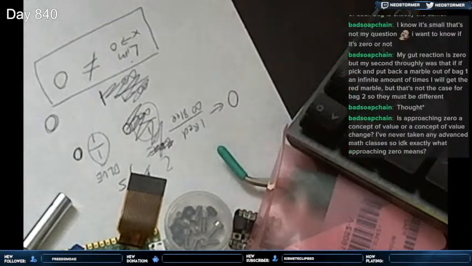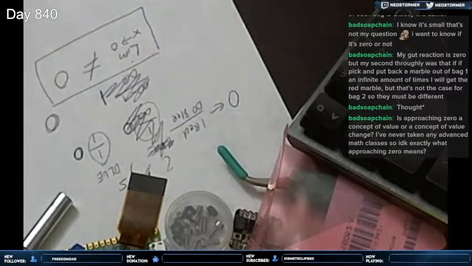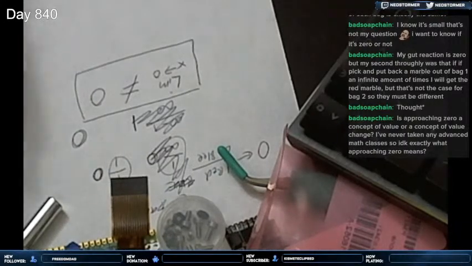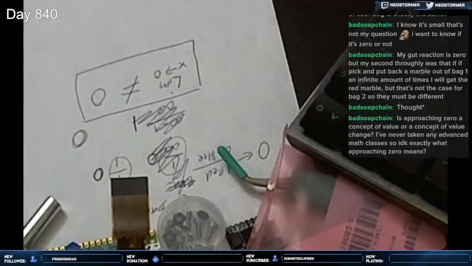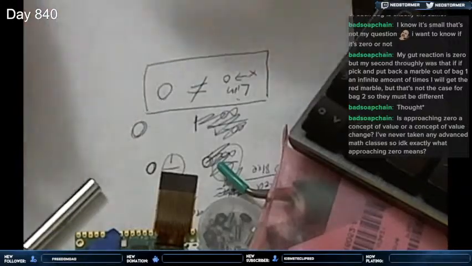Is approaching 0 a concept of value or a concept of value change? I've never taken any advanced math classes, so I don't know exactly what approaching 0 means. So this is like calculus 1. If you have